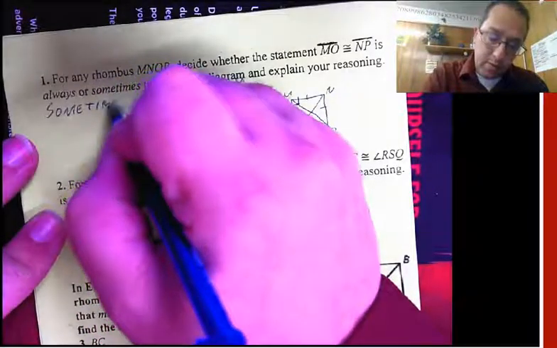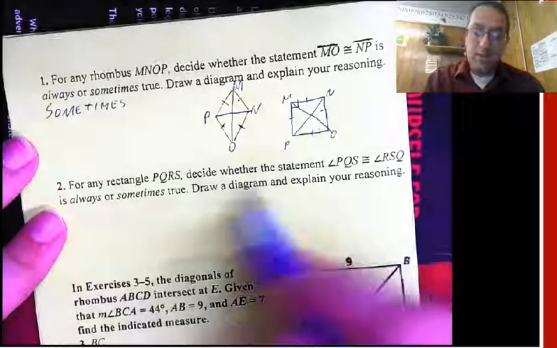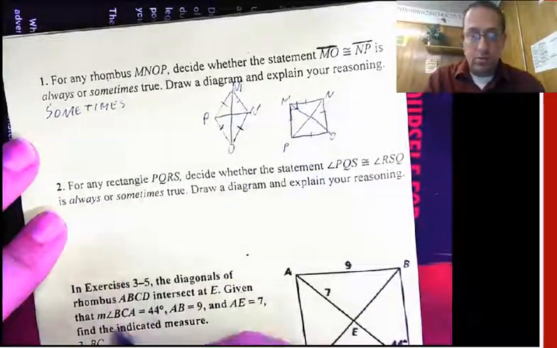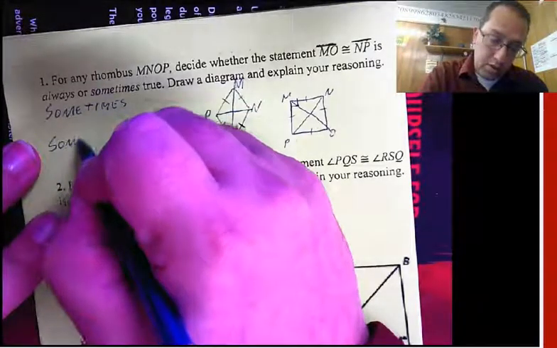sometimes, and we need to explain, well, because some rhombuses are squares. Not all of them, but some of them. So that's what we'll do. We'll say that some rhombuses,